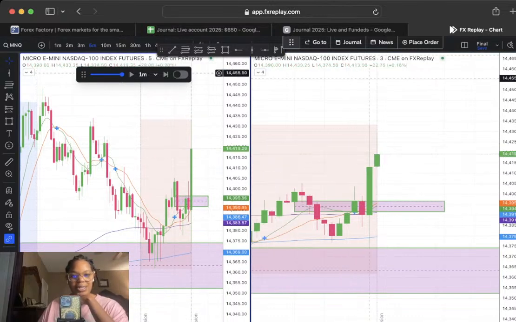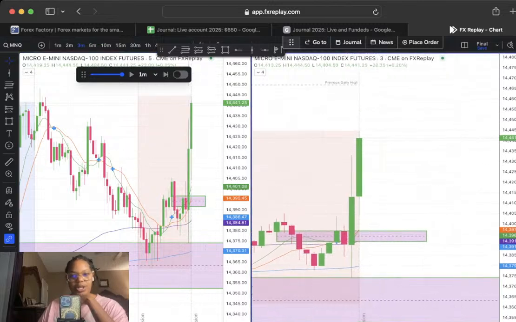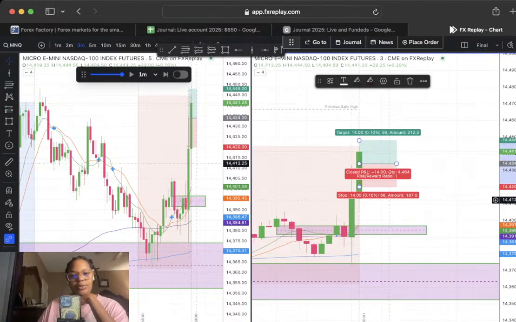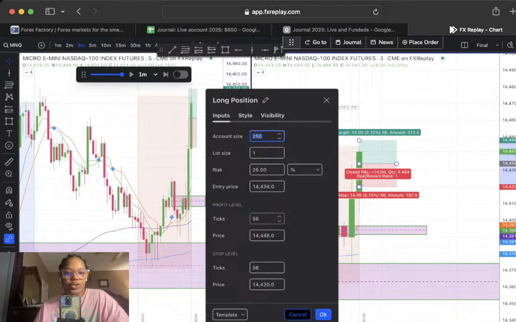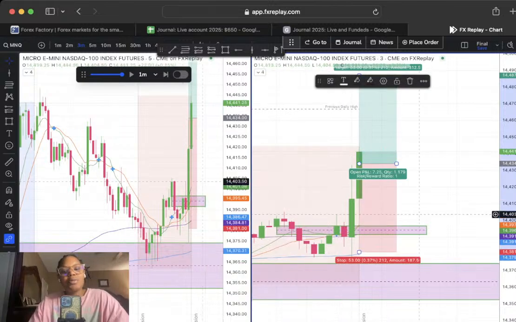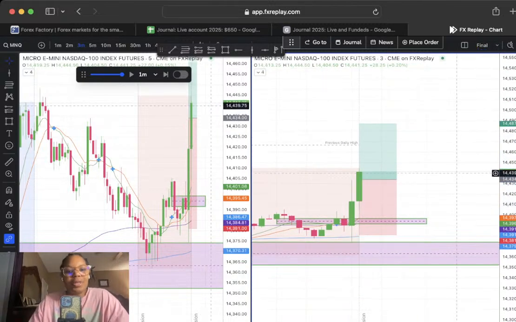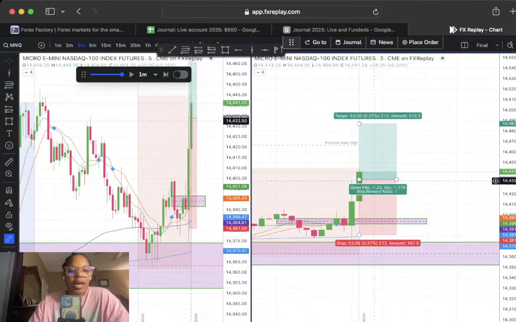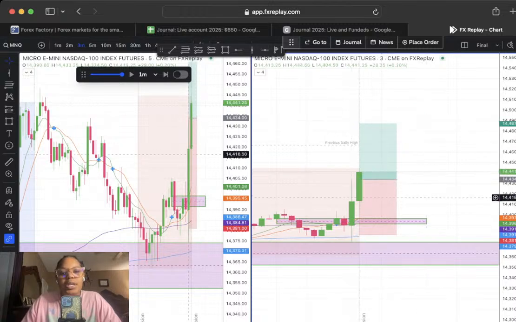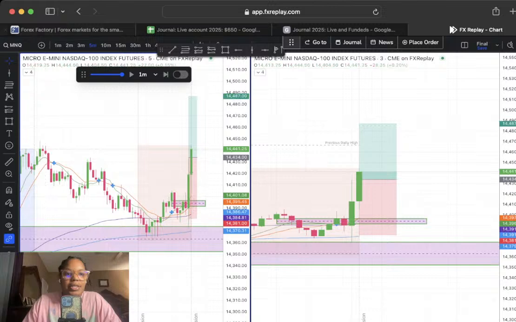Let's wait for one. Okay, well, we probably should have gotten in on that one because now it's just gone without us. But my bracket is only, if you're scared, whatever. We'll just get in here. We might lose because this is super late. However, my bracket is 212, and I just do 212. And it's crazy because I used to be like, this is so big, I don't like a 1-to-1. But at the same time, half the time I'm closing before it hits this. So it's really a mix between a hard stop and a mental stop, if that makes sense.